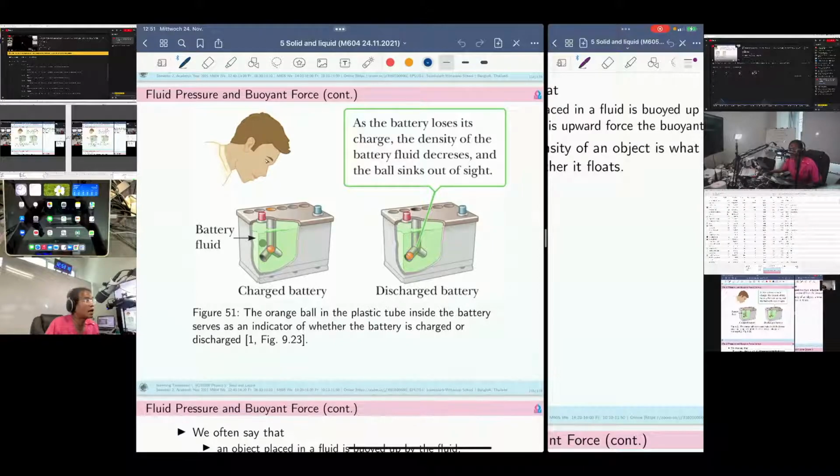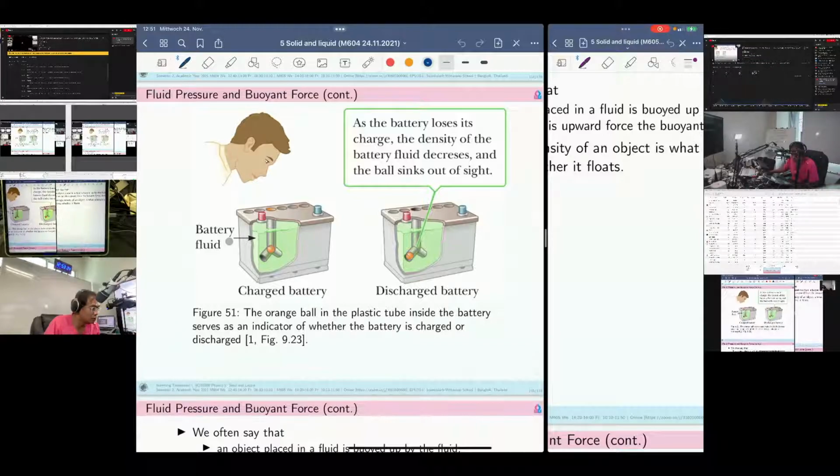And yes, you may notice how the condition of the acid is, and one way to see this is that you have to observe the density of this liquid, which is the acid, right? Acid, and the good battery would also provide an indicator to let the owner see how the condition of